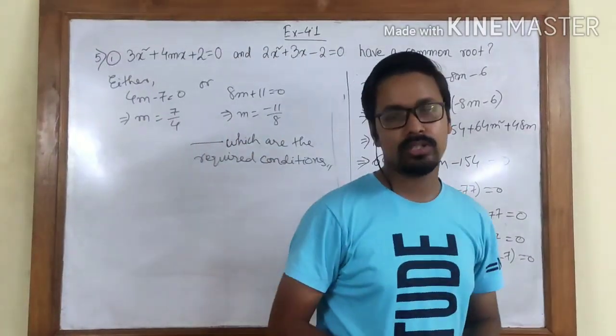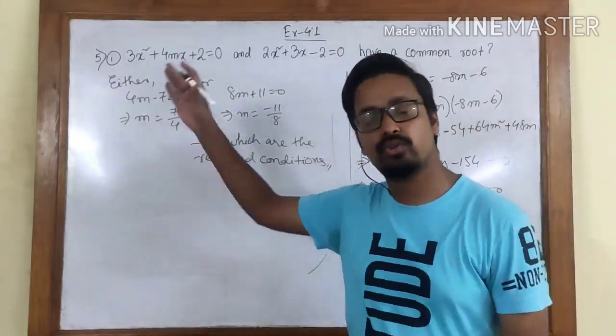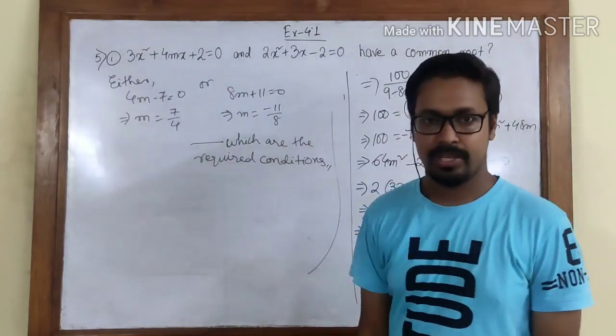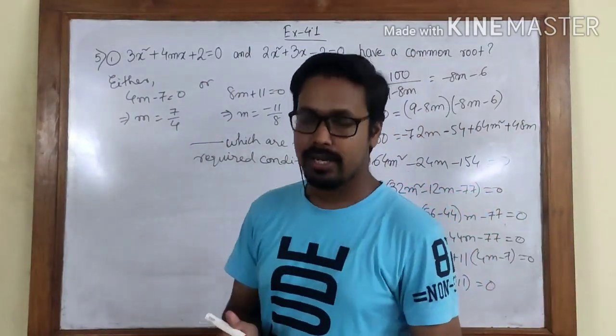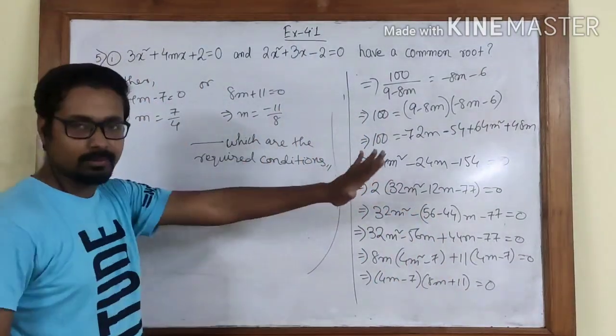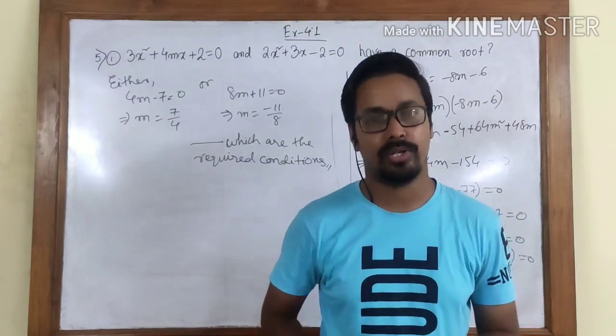You take one common root, suppose alpha or a or b, anything, take one common root and then try to solve for this value. And if there is no such value, then try to find the value of the common root alpha. Okay, so that is how we solve for these type of questions. Now let us move on to question number 2, 5-2, and let's see how to do that one.